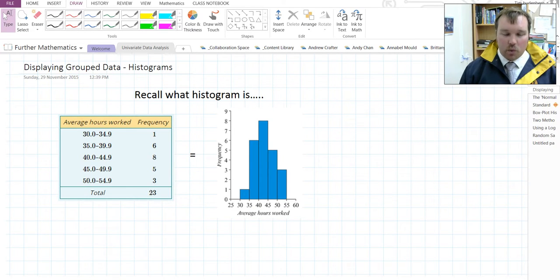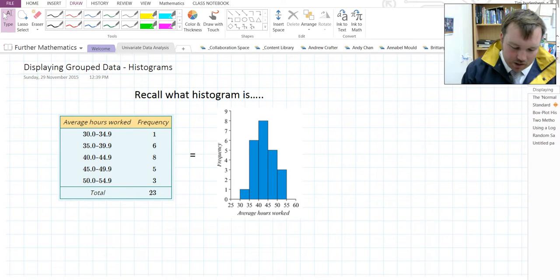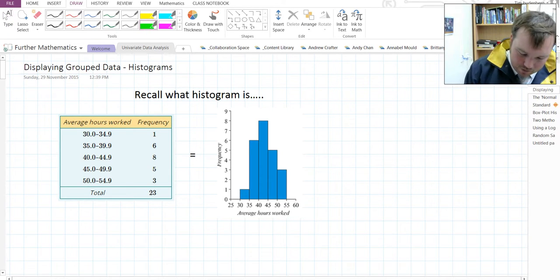Firstly, let's recall what a histogram is, because today we're looking at how to display numerical data. And of course, we're going to spend a lot of time looking at numerical data because it's far more interesting than categorical data. Alright, so histogram, remember, if we have